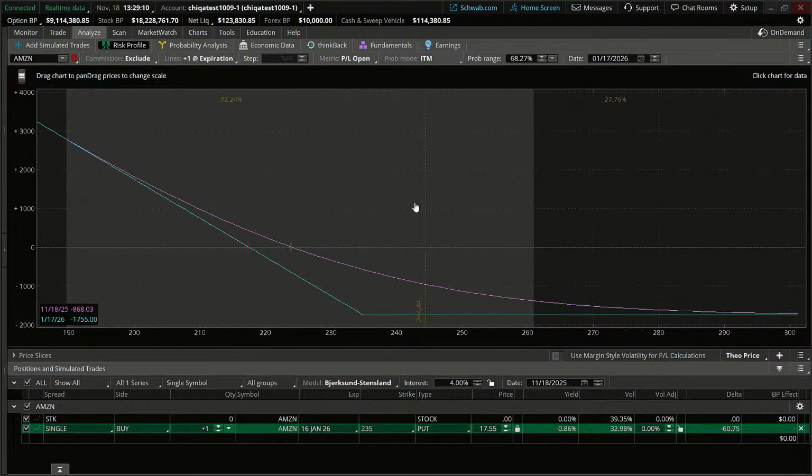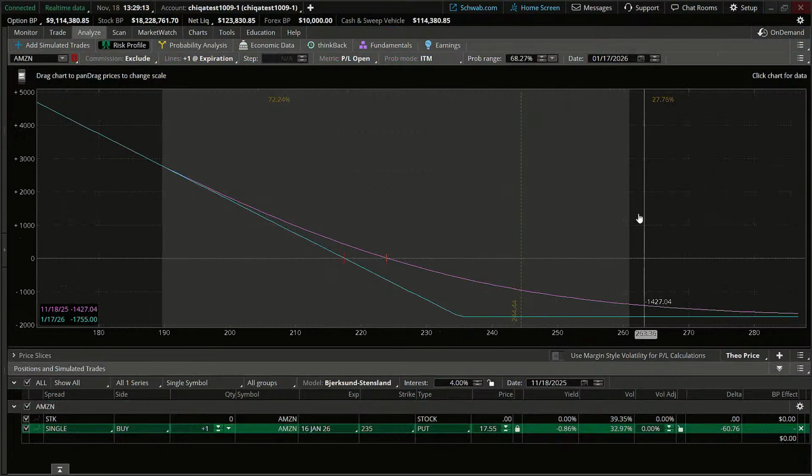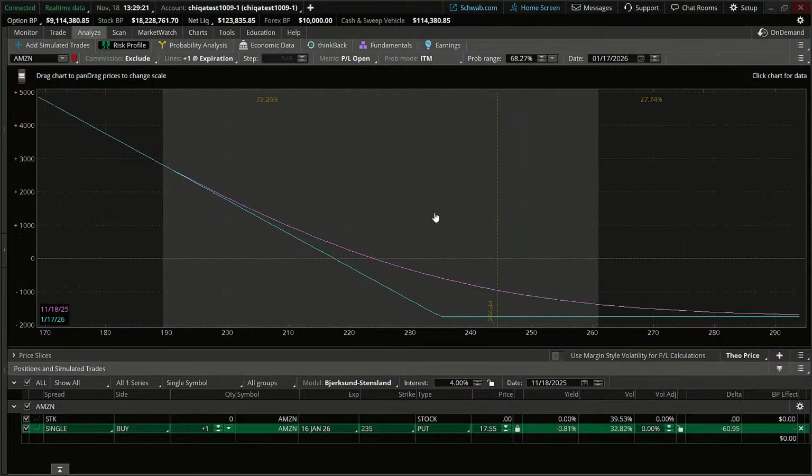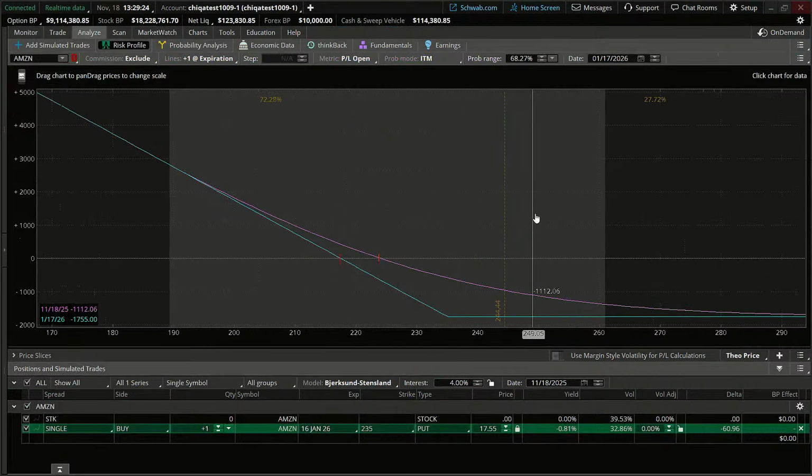Okay, 17th of January. Obviously, we have a pretty wide span of where the stock price could go over the lifetime of our option, over 2 months. For those of you that are new to this Analyzer's Profile tab, it's going to show us the price of the stock on the x-axis down here, if the price of the stock goes up or down. And then over there on the left-hand side on the y-axis, you're going to see your break even at 0, max loss down here, and max gain to the upside as well. And then you're going to have these two lines.